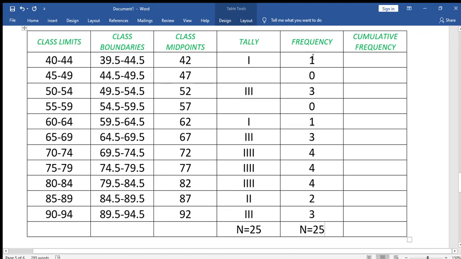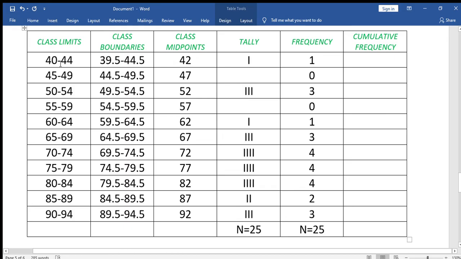Okay? So 1 plus 0 is 1, plus 3, that's 4, plus 0, that's 4, plus 1, 5, 8, 12, 16, 20, 22, 25. Then we have here now your cumulative frequency. When we say cumulative frequency, this is getting the sum of different tallies or frequencies starting from your given class limit. So here, if we are going to find out your cumulative frequency based on this given distribution, we are going to start at your